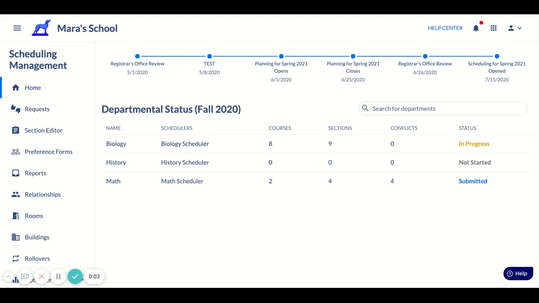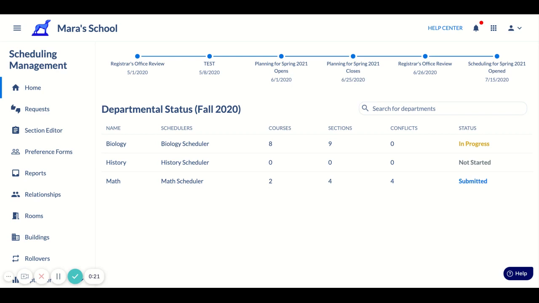Hi everyone, so I am going to walk you through how to run the CourseDog Room Optimizer and review results through the UI. So this is a really exciting time in your scheduling cycle because it means that you are finished with configuration, meeting times have been assigned, instructors have been assigned, and you are ready to move forward with